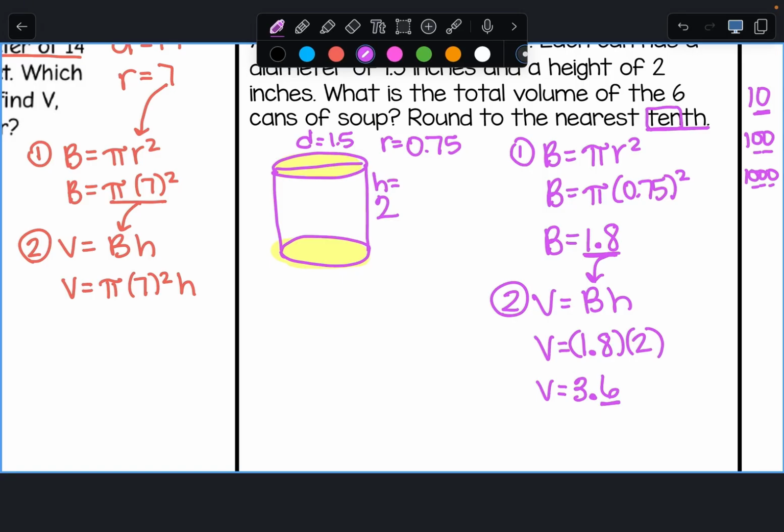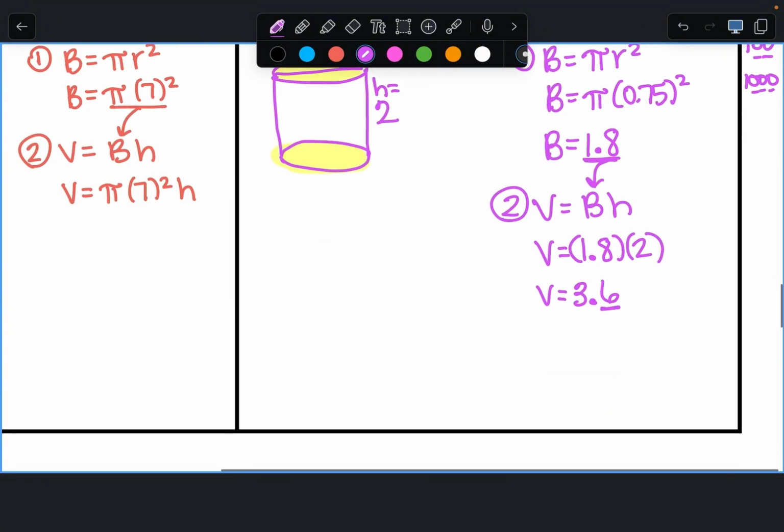But we're missing a key piece of information here. Read it. We found the volume. Keep going. Inches. There's 6 cans of soup. So you gotta multiply by 6? Yep. So we multiply it by 6 cans. So you get what? 21.6. And what is it? Inches? So inches